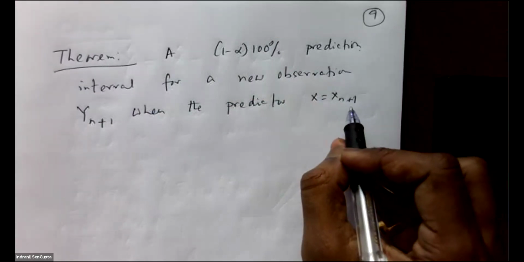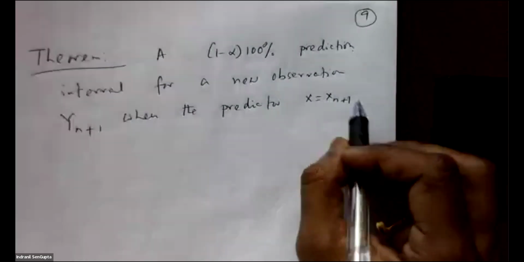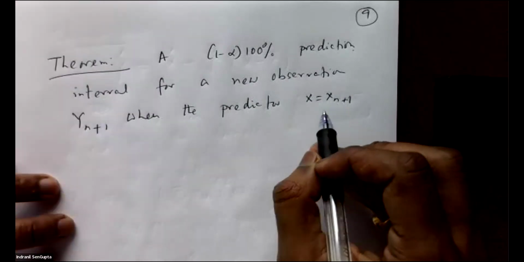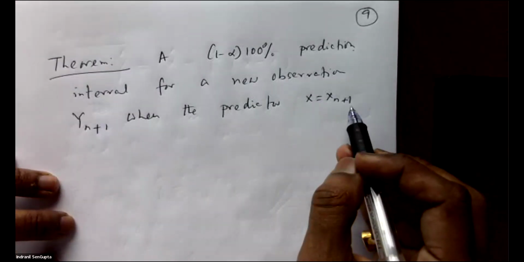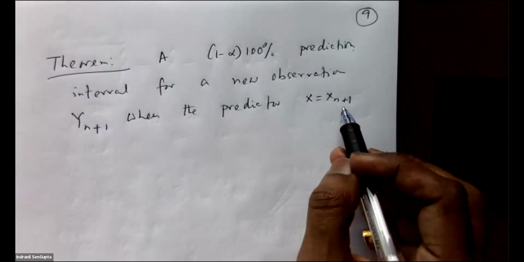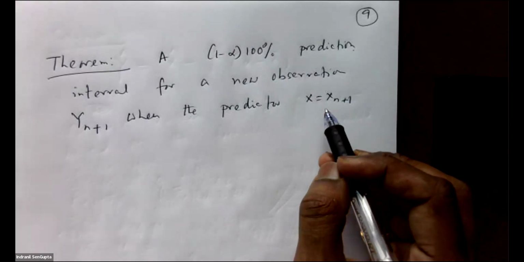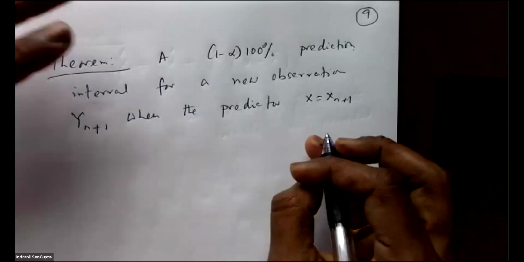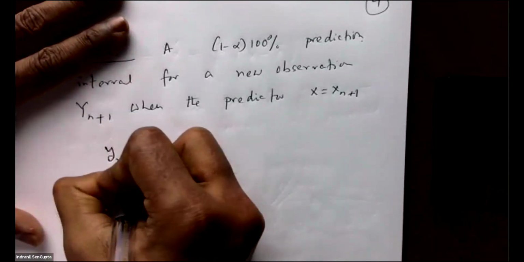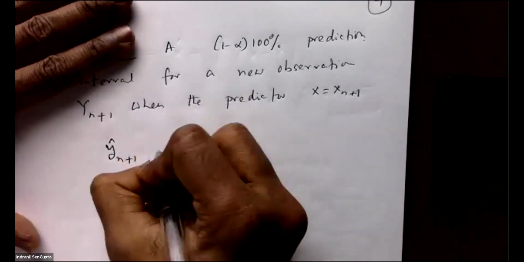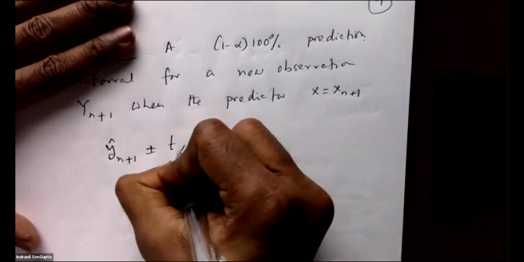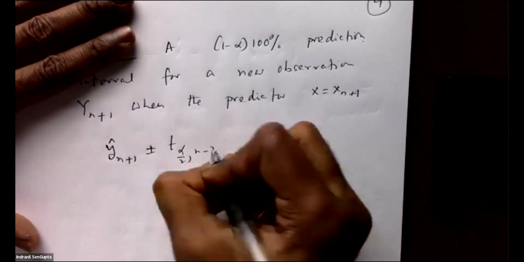So let's use a new value of x n plus 1 so that we can just ignore the first. So it's just a new value. Okay, so it's not really one of those old values. It's given by y n plus 1 hat, an observed value of that, plus or minus t of alpha over 2, n minus 2